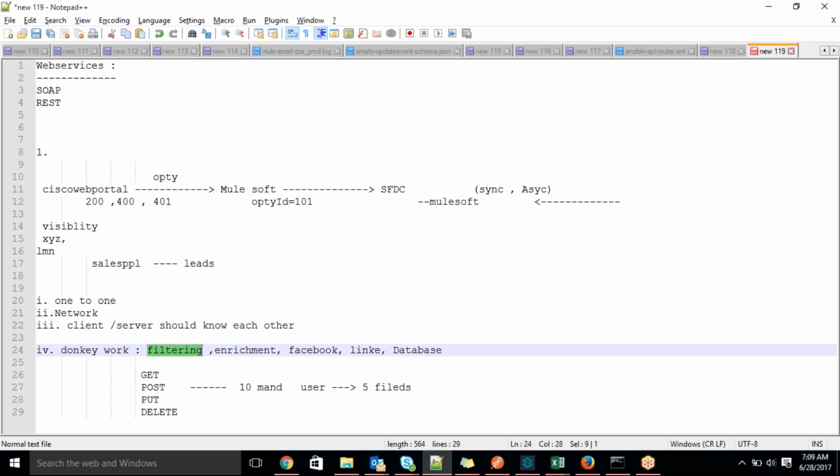Coming to filtering, suppose I'm getting data from the user, or from the database. Suppose you are talking to the database from the middleware, and I'm getting unnecessary records. We are getting 1 lakh records, and we can't process 1 lakh records in MuleSoft, guys, because it takes a lot of memory.